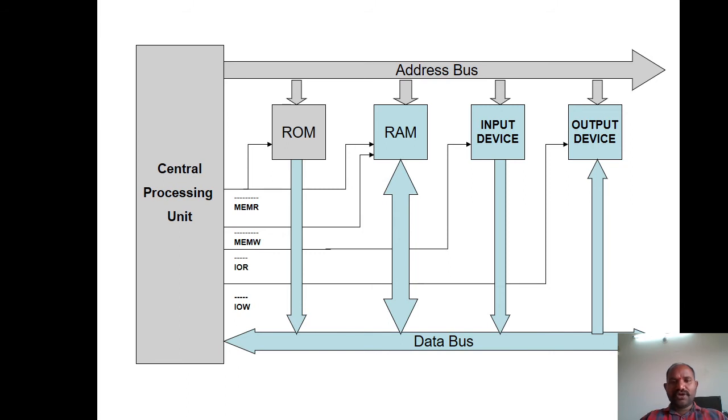So now what is our operation? Our interest is to read the data from the ROM memory. Here, when you are placing the address and generating the memory read signal, the ROM device will come to know that the microprocessor wants to read the data from so and so address.